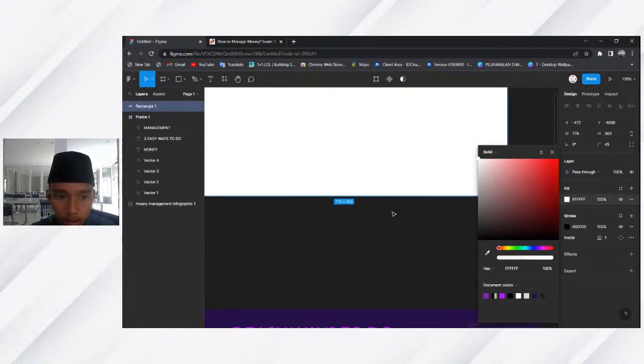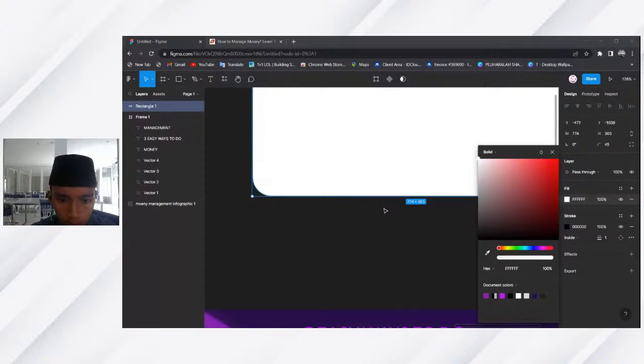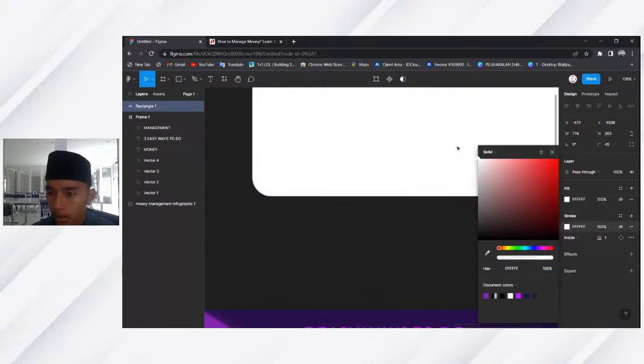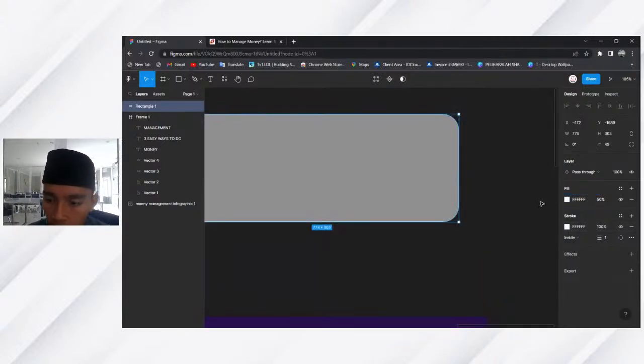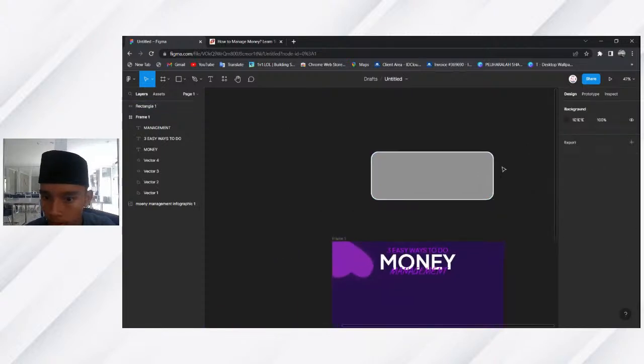Oh wait, no. So it's the same color for the stroke, FFFF, but for the fill I'm going to change the fill opacity to 50%, so we can get that blurry effect, and change the stroke width to 3, or all right, so change it to 4 or maybe 5. 5 looks way better, so I'm going to use it.